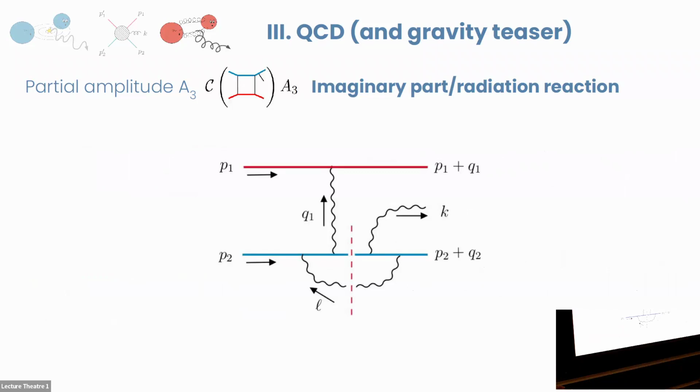And then there's also the imaginary part. I'm not going to show the entire imaginary part. This is just to show you an example of one of the graphs that go into this. As you can see, this is a typical self-force radiation reaction graph where you've got this particle running around and it gets this loop that makes itself radiate again. Here we have to cut these two particles, so we see that we get these Compton amplitudes sewn together out of this.